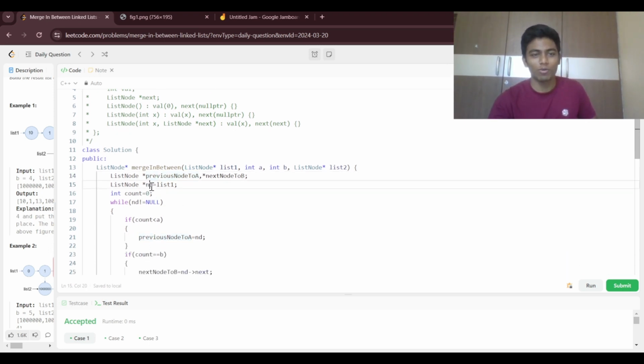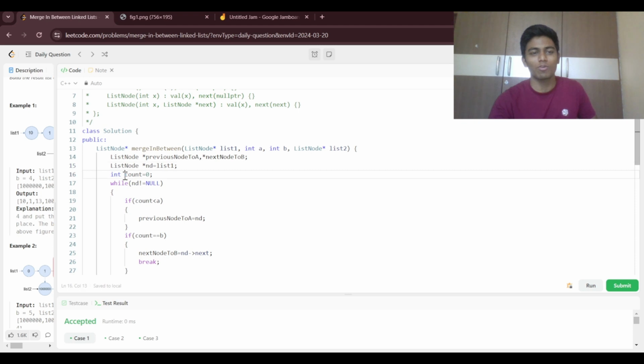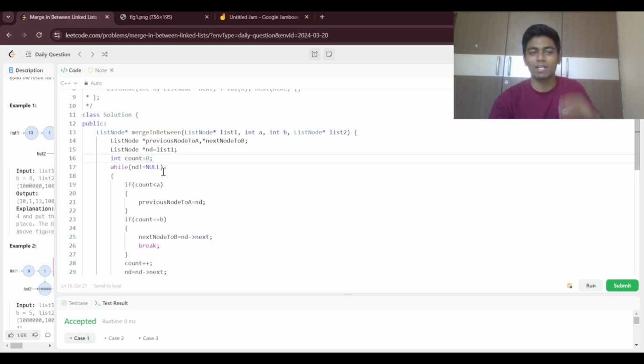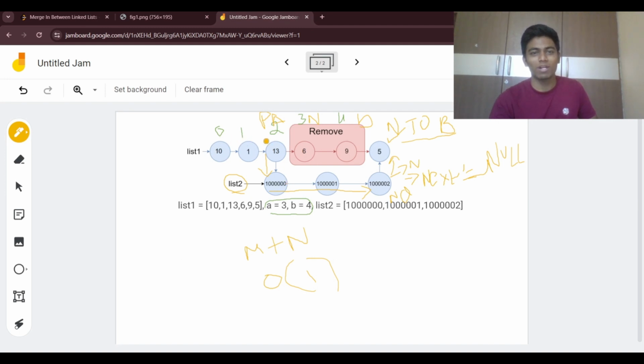Now I am going to take the node as list 1, and then I am going to count with a counter, so that I'll get to know where A and B are. Whenever the count is less than A, I am going to keep track of the previous node to A. Suppose, let's say, this is 0, 1, and then 2, which is less than 3. That means I'll store the previous node to A, and then whenever